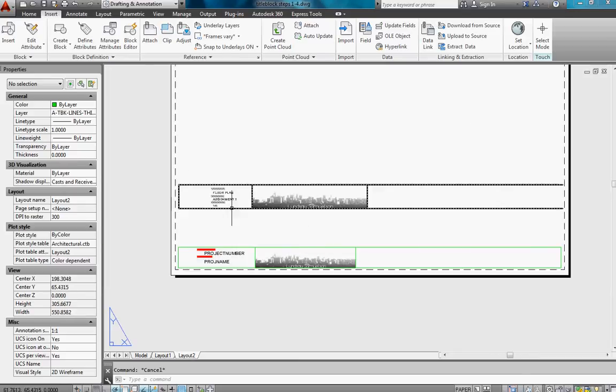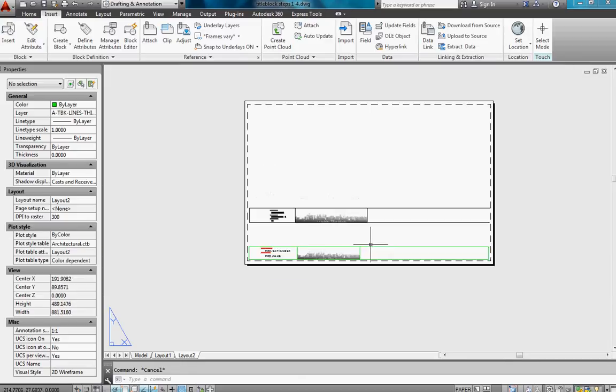Oh. Okay, I should have created the block on layer 0 so that it would take on the attributes of the layer that it's gone to. Alright, so there you are. That's how to create attributes for